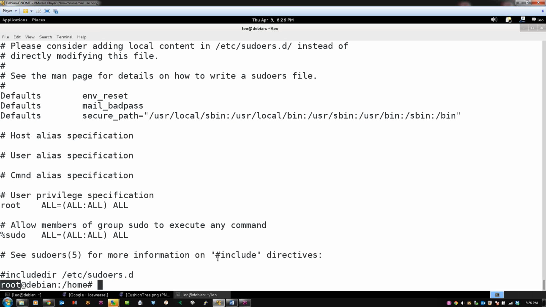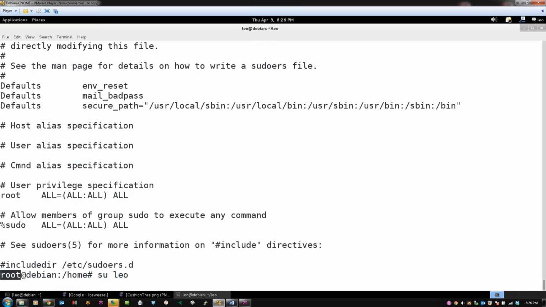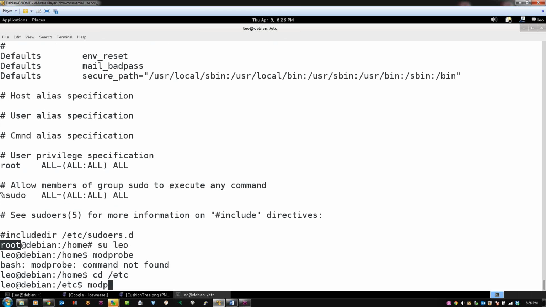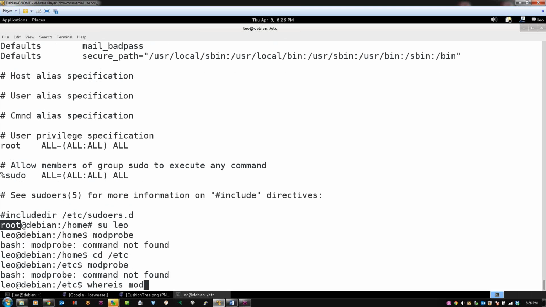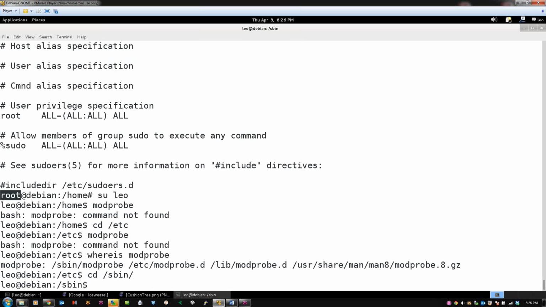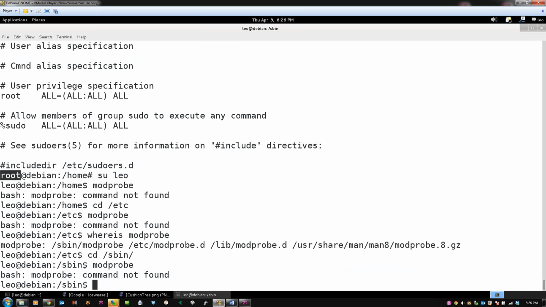So if I do switch user to Leo, okay, and then do modprobe. See, that won't let me find it. Well, all right, so cd to sbin, modprobe. Okay, good. So in this case, command not found for regular Leo,